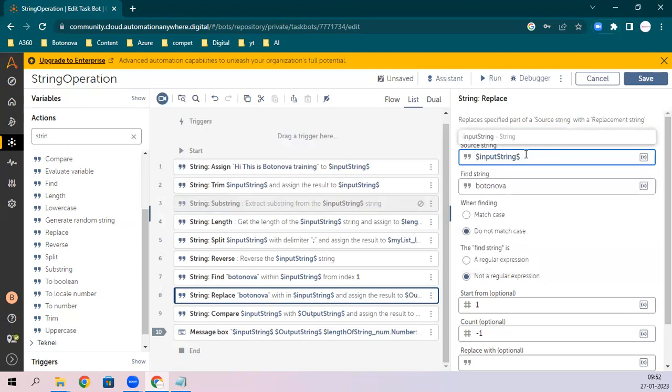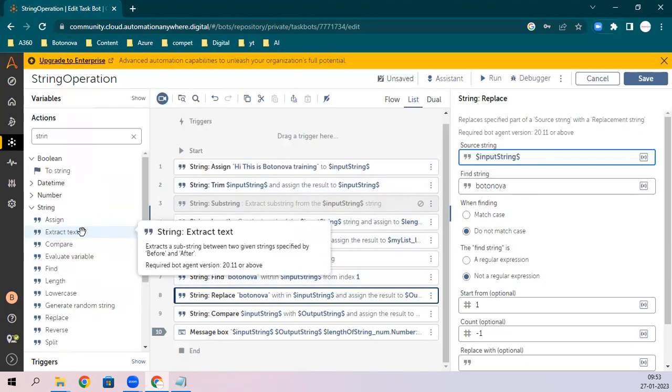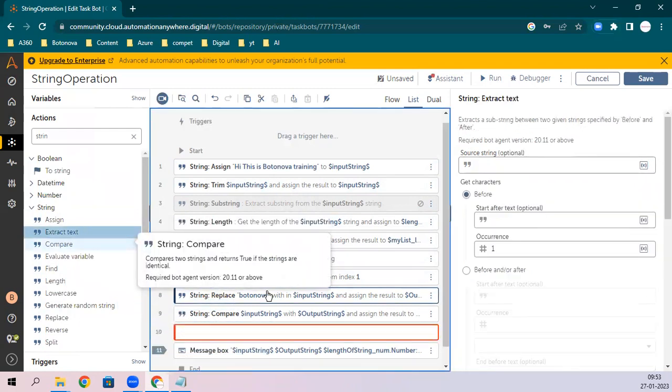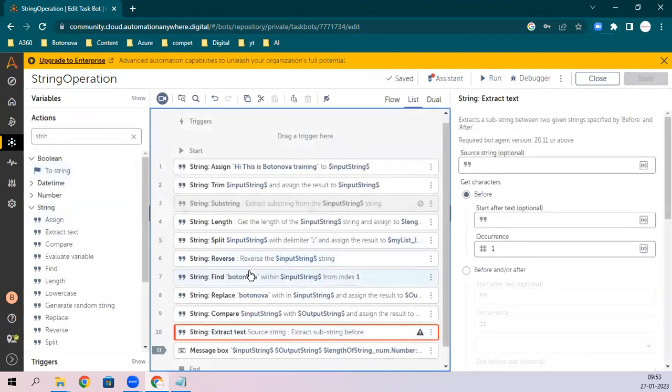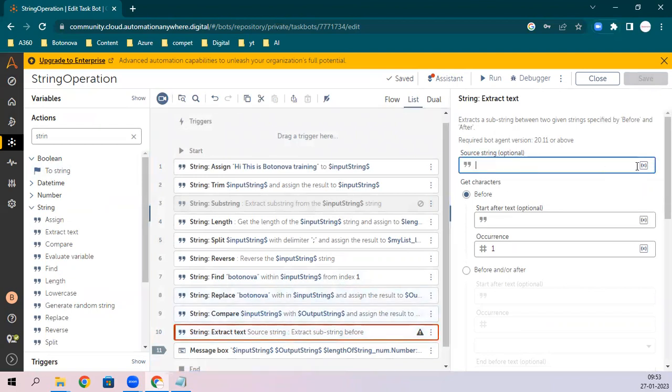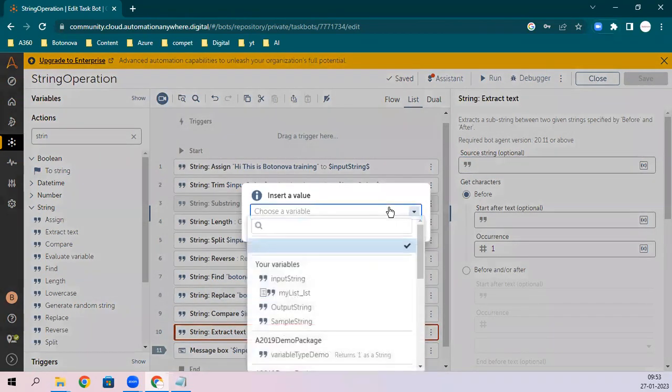So you have that type of functionality here in the string. In v11 you noticed there was one command, before and after. This is the same, but the name has been changed. We have Extract text here, which was before and after in v11. If you worked on v11, you are already aware of before and after.